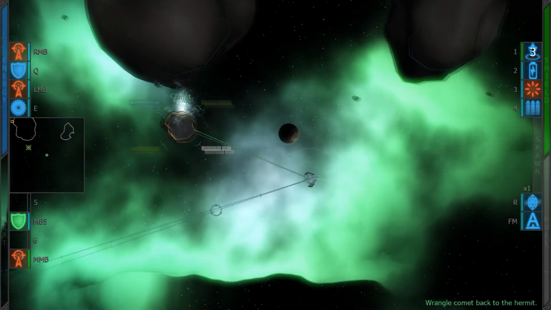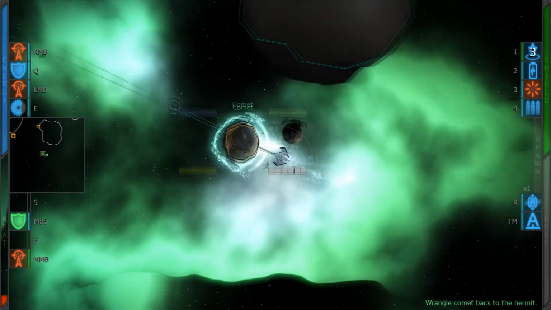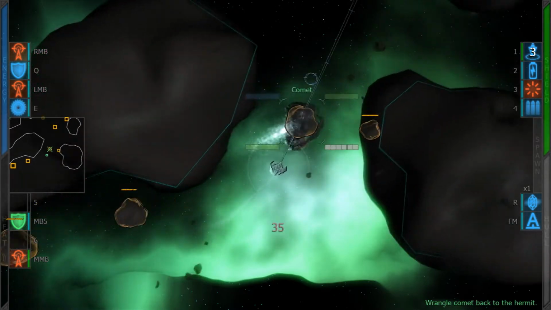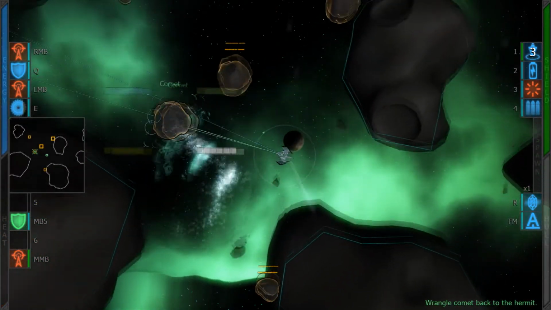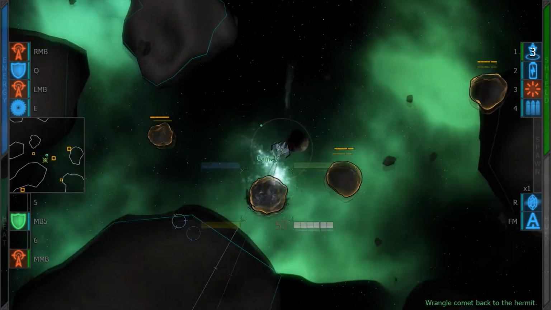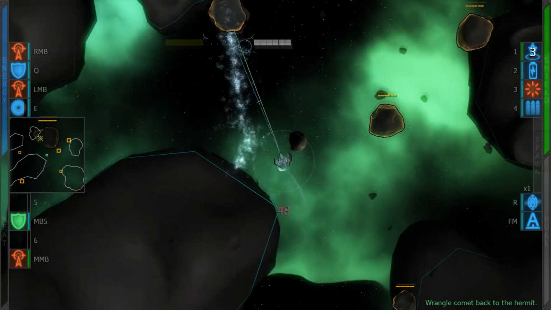Gotta go get this thing back to the Hermit. Of course, it's a giant comet, so I'm gonna have to kind of throw it around a little bit. This is an interesting one. As you can see, the missions are definitely varied. It isn't just a space shooter as far as fighting goes, there's actually a lot more to it,